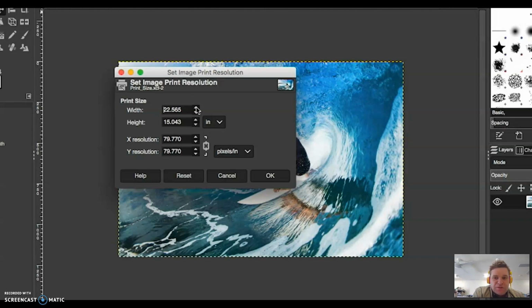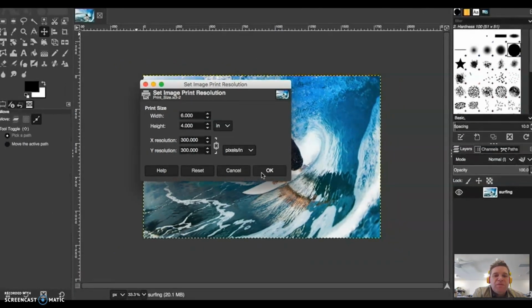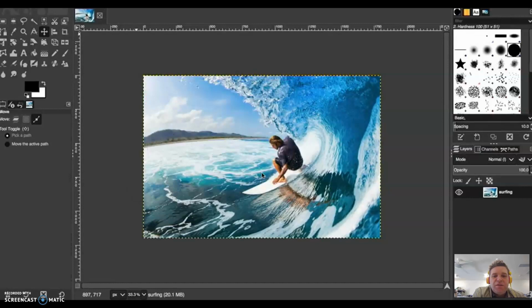So where is this really important? It's really important when we're printing stuff. So if we're printing to a large format, we want the maximum resolution we can get. So if we set that very, very small, 6x4 being our standard photo, 300 per inch, and just click OK, and now we've got our